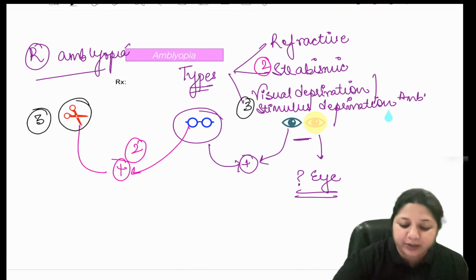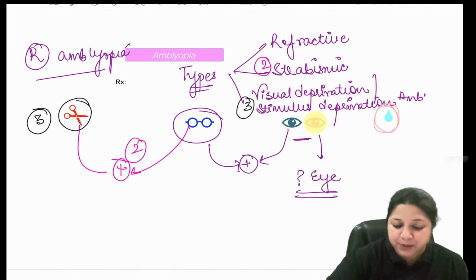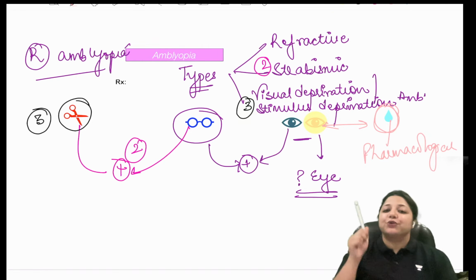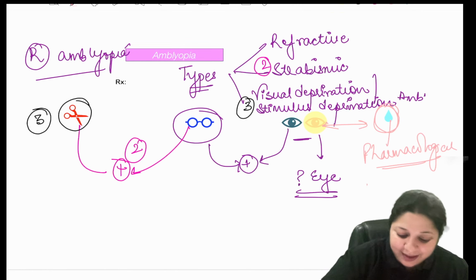So last but not the least, the one thing which is left for the treatment of amblyopia, what we can use, is what I have drawn here: drops. So this is the pharmacological way of doing the occlusion, by using